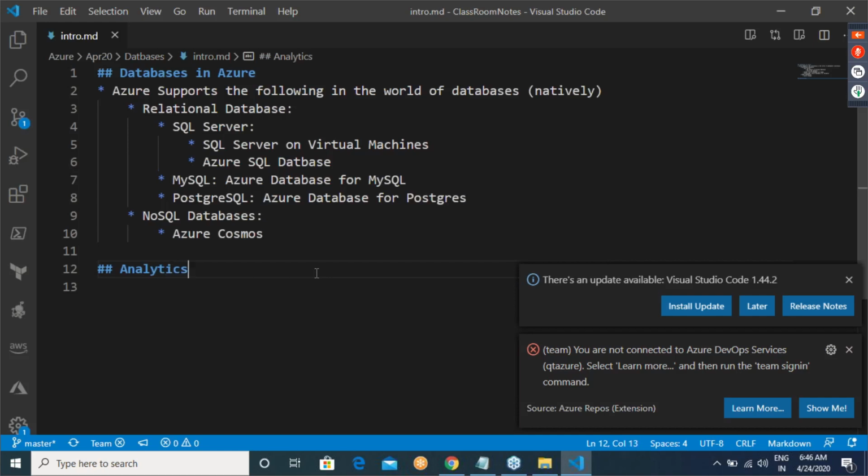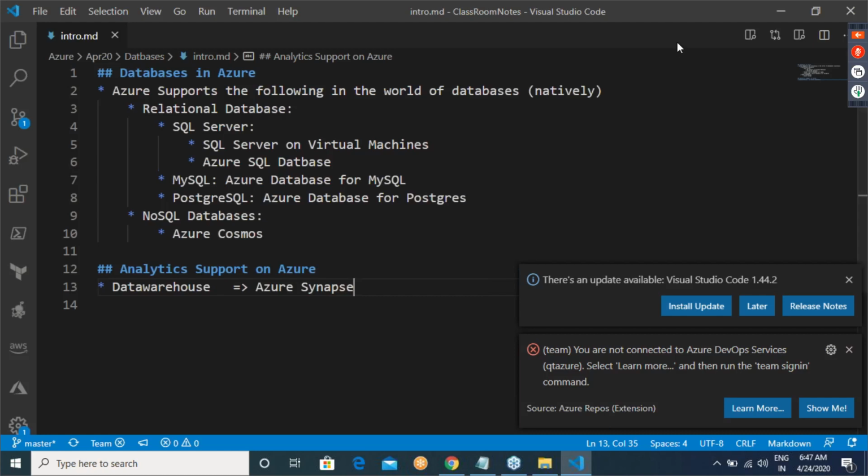If you come from BI and analytics, they have a data warehouse, which Azure calls Azure Synapse.